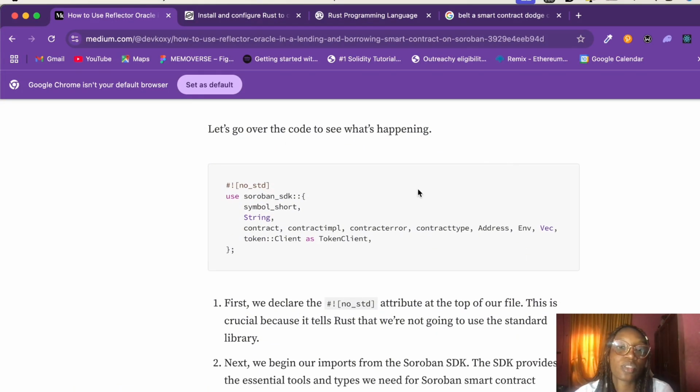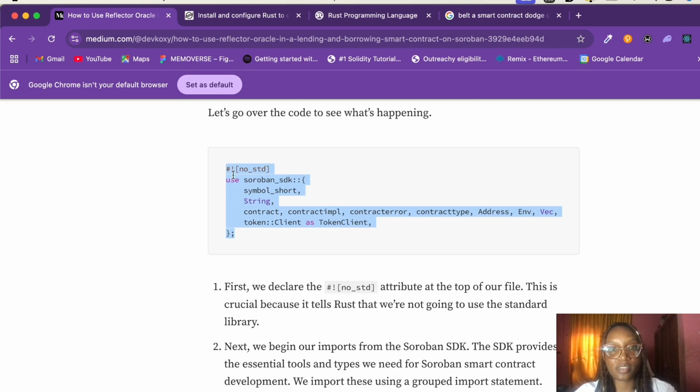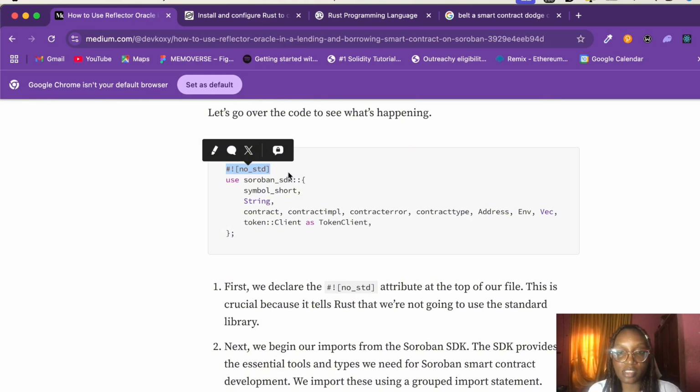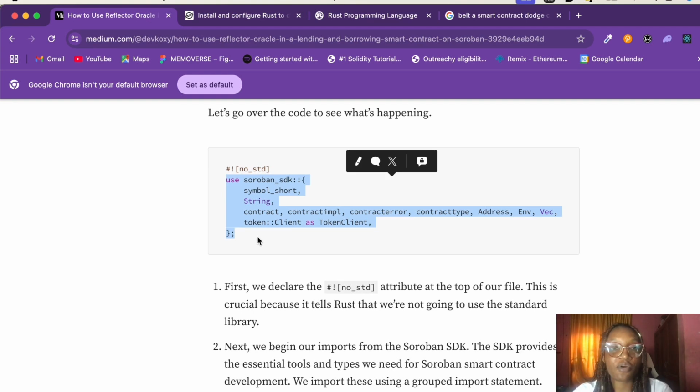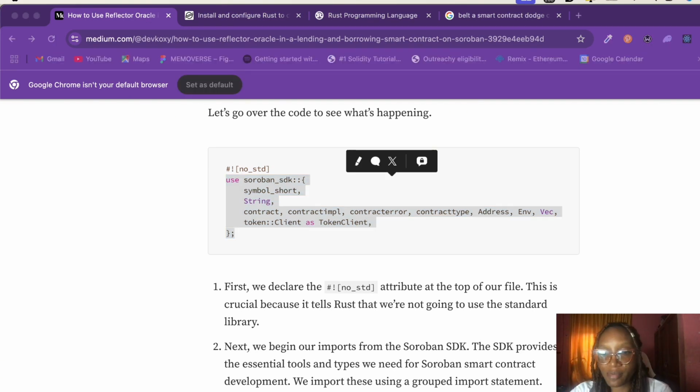The important code. The first thing I did was to import this macro, this attribute on top of our file. This is very crucial because it tells us that we're not going to use the standard library. And then I started importing everything I need from the Soroban SDK. After I was done with that, moving forward,